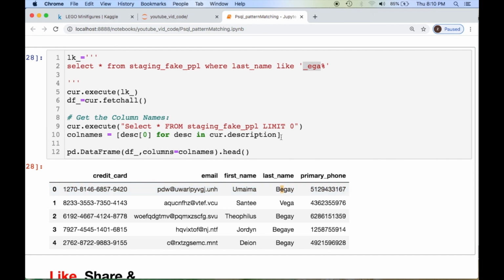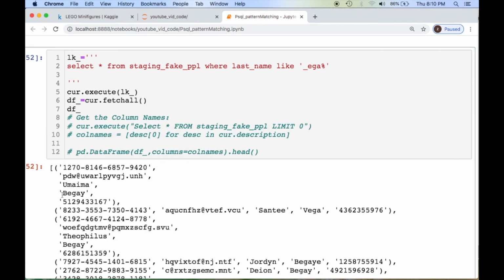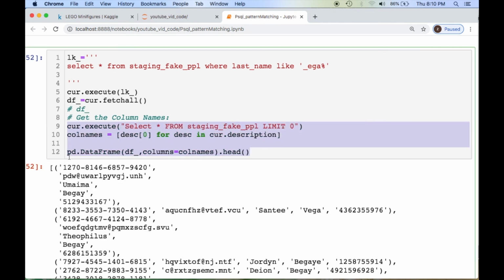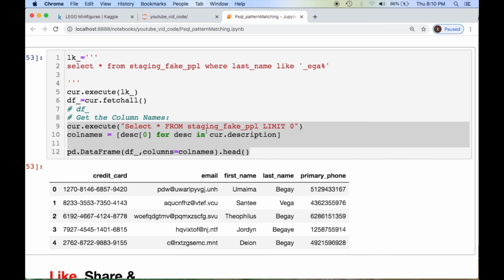Then what I wanted to do is a useful thing. When you're always printing off these queries, look what's going on. You don't even know what the columns are. That's why I did this. Because now you have the ability to select your table of interest, at least something to pop up. And you're going to throw in your description of what you're looking for, your columns. And that's how I'm getting these column names from this list comprehension, because it's basically iterating through this description right here, which is very useful and something you should consider.